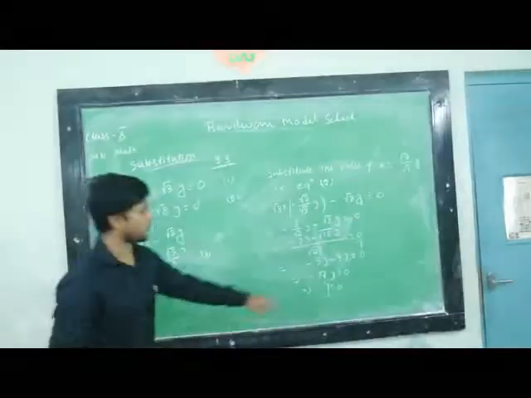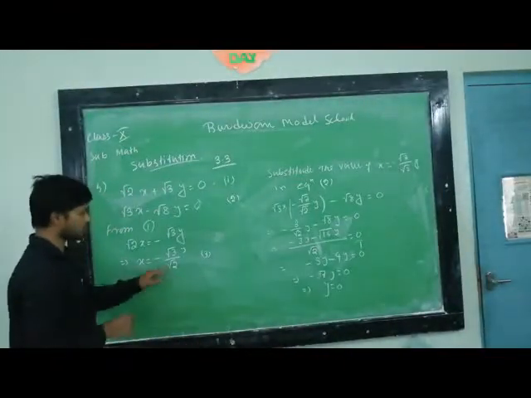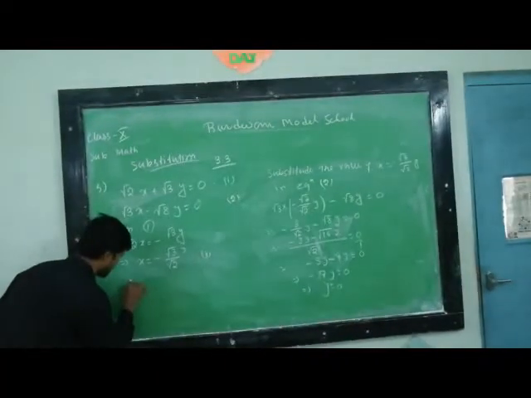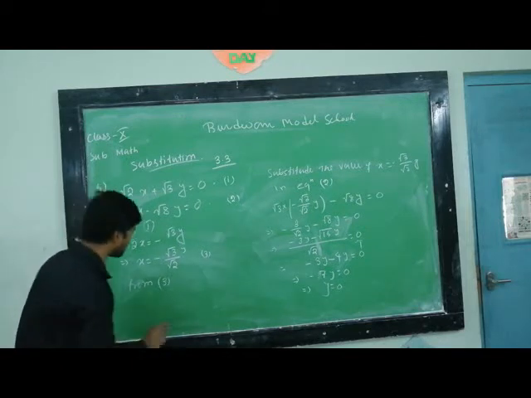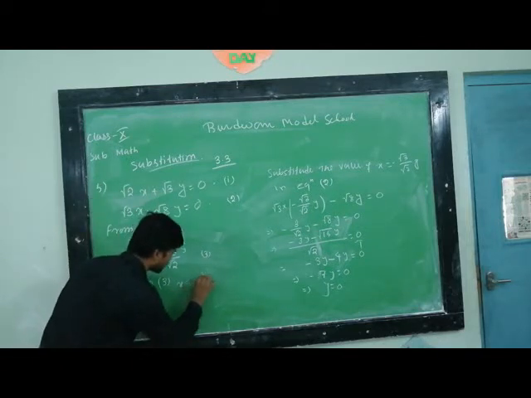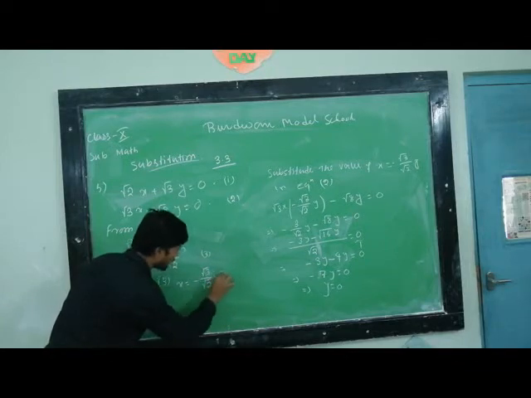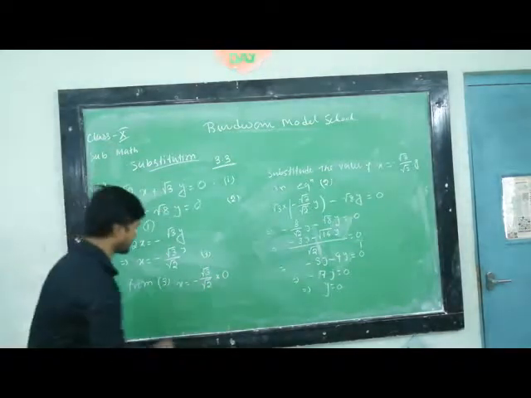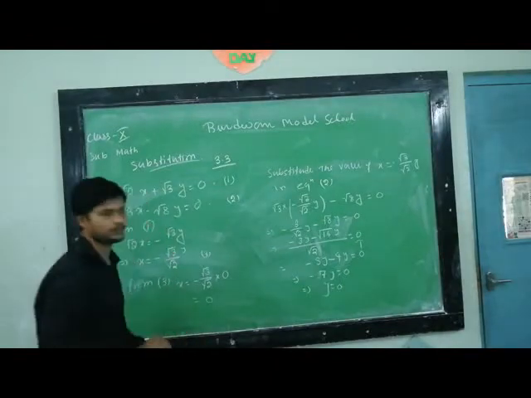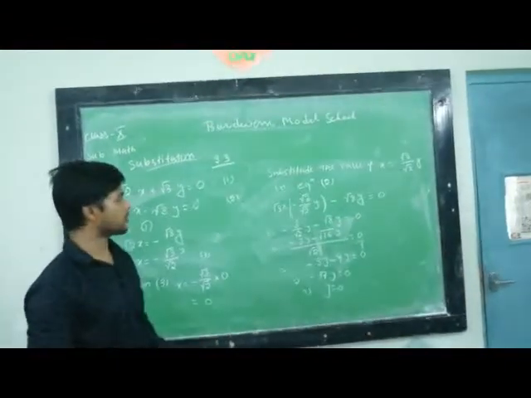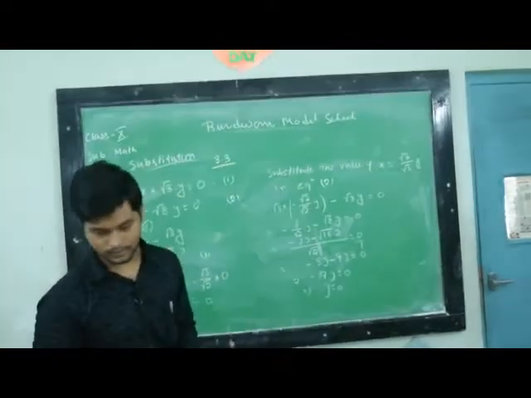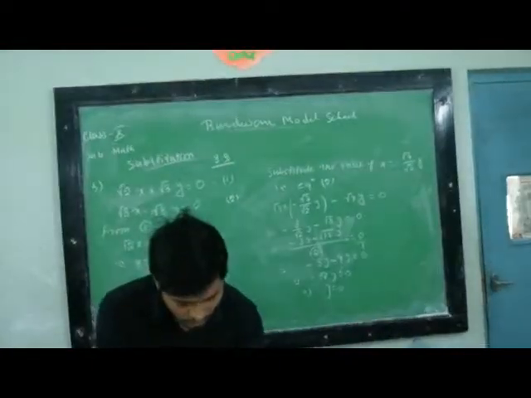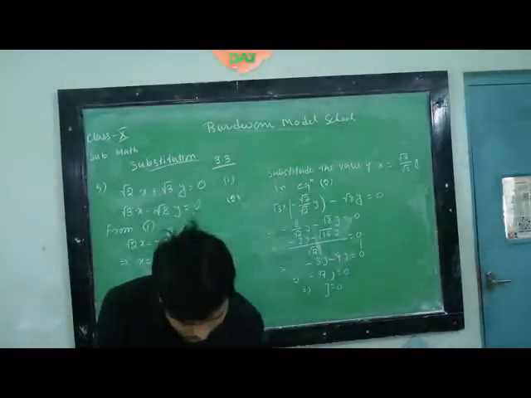Now if we put y equal to 0 in equation number 3, we have the value of x. So from equation number 3 we have x is equal to minus root 3 by root 2 into the value of y, which is equal to 0. So the result is 0. That means the solution of the equations is x equal to 0 and y equal to 0, and solved. You can see the process is very easy, isn't it?